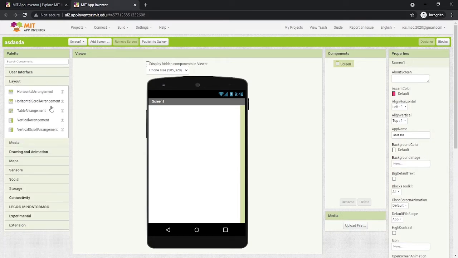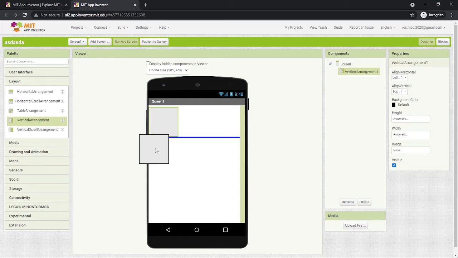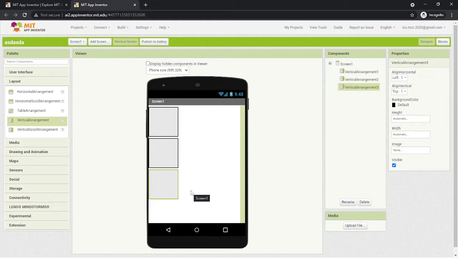Then we'll be using itong mga arrangements na to or as it was discussed from our module 5 from last week, no? So, for this particular example, I'll be using vertical arrangement. Okay? So, for this particular instance, no, I'll be using three vertical arrangements. So, let's just set up. So, ano ba yung gagawin natin for these vertical arrangements? So, first is,